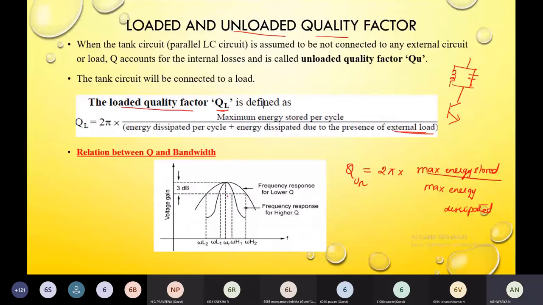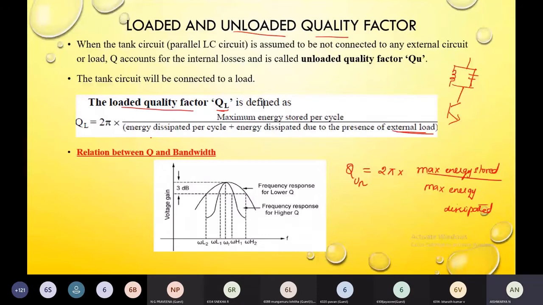Continue. Okay. So this is the difference between unloaded and loaded quality factor. All these are only definitions. You are not going to apply anything. You have only problems related to these definitions. Actually, your unit starts with your next topic, parallel resonant and series resonant. All these are small topics. That's it. Next, we will see the relation between quality factor and bandwidth.